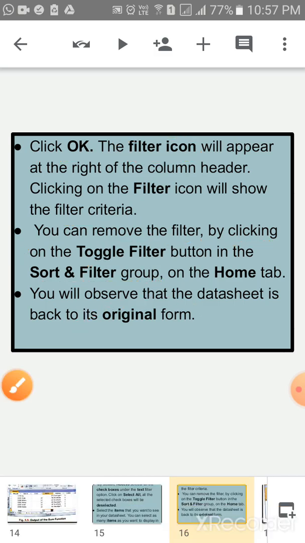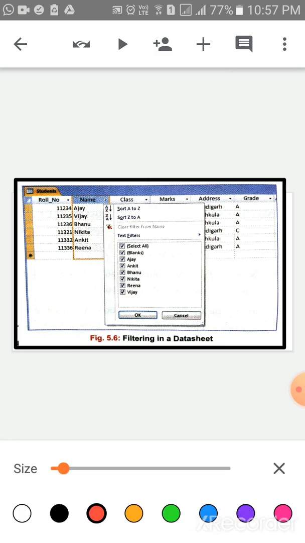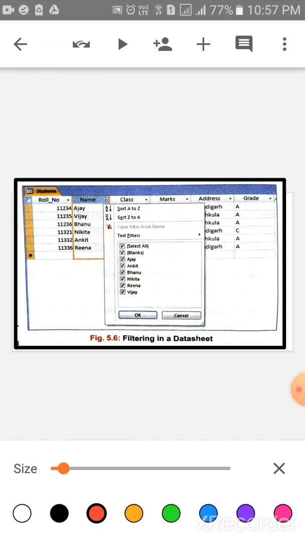Okay, now children, look at the screen. This is the screen of filtering in a database datasheet. Now children, this is the screen of click on the drop down arrow. We have selected this name field and this is the drop down arrow.